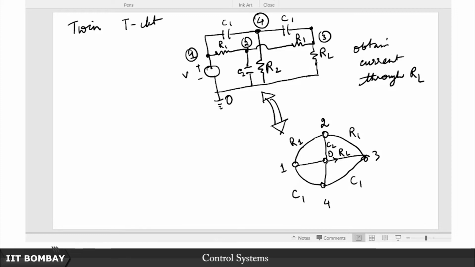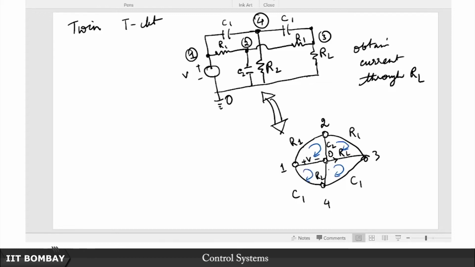Of course you can assign any arbitrary direction to this. Between datum and node 1 you have the voltage source, V in. And between datum and 4 you have R2. So now it is a simple matter to just assign some loop currents here, that there will be 4 loop currents,